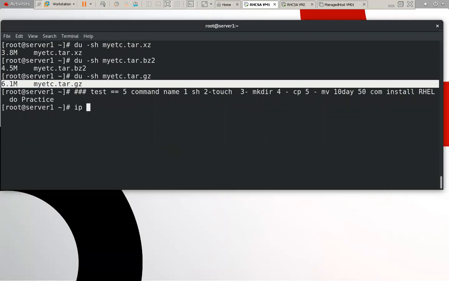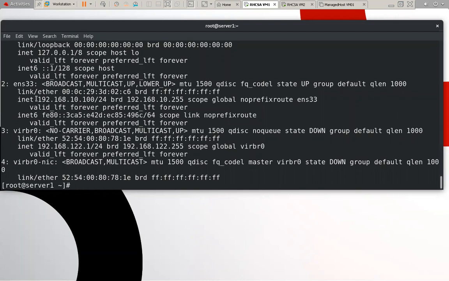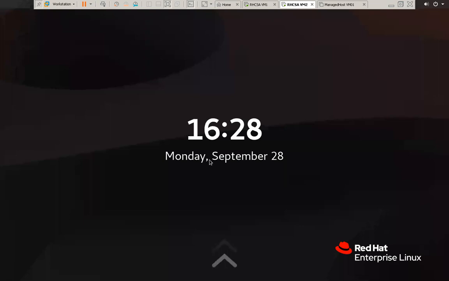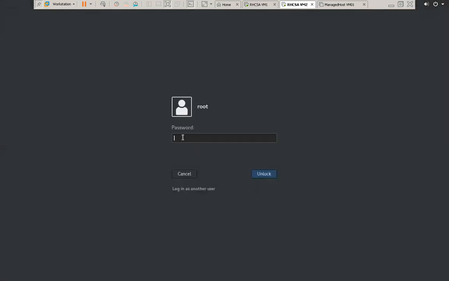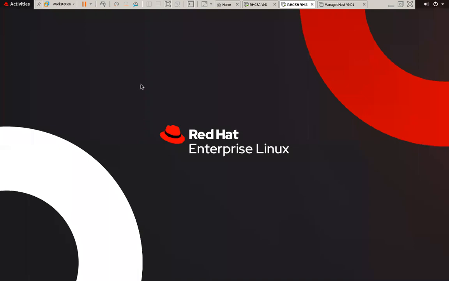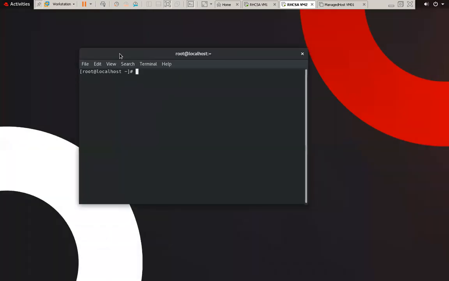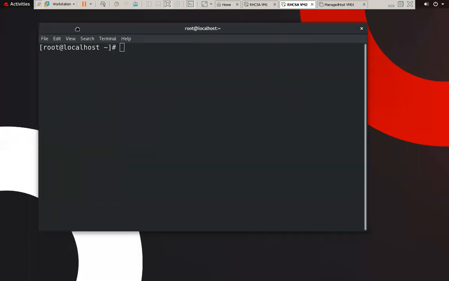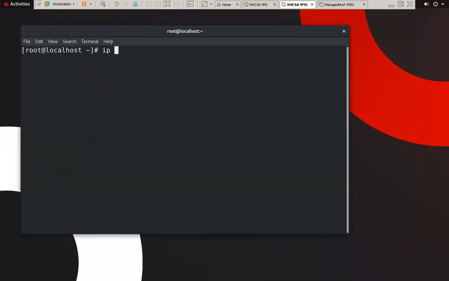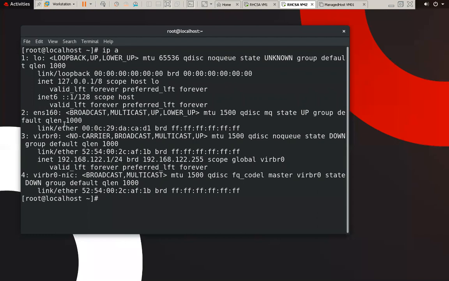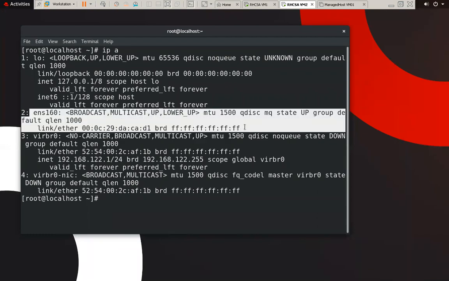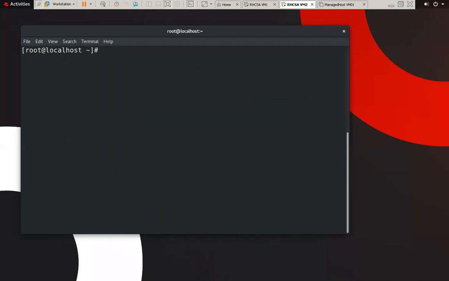What is the IP of this particular machine? So this is the IP of this machine, and I will give the IP to this particular machine. So please give me the command. What is the command to give the IP? If you remember, check which command we will use to give the IP. At this time, we have installed a fresh machine, so we have no IP on this machine and we want to provide the IP. Which command will we use?